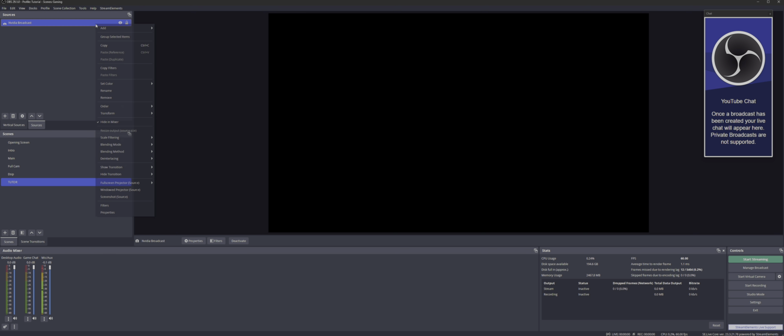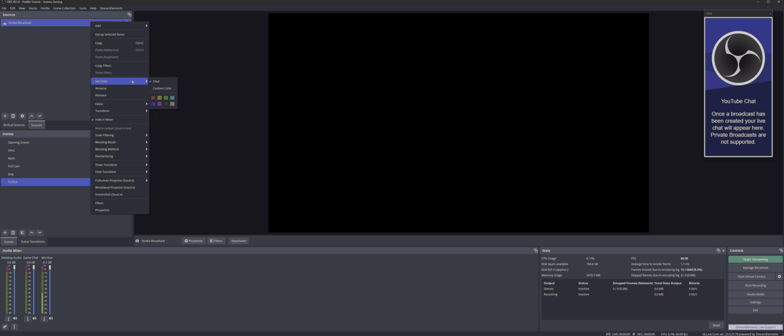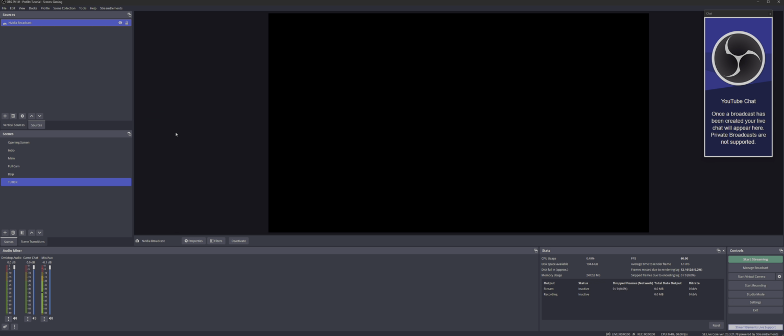Why is it showing like that? So if you get any problem with it showing too small, you go into transform, and then you reset transform, right? So then, oh, but it's not gonna catch this one because I'm already using it in my other OBS. So anyway,